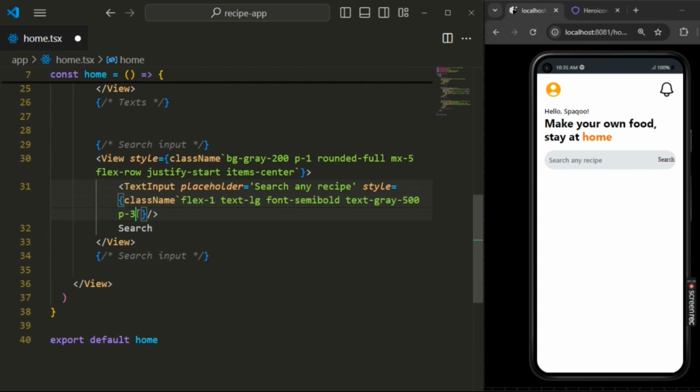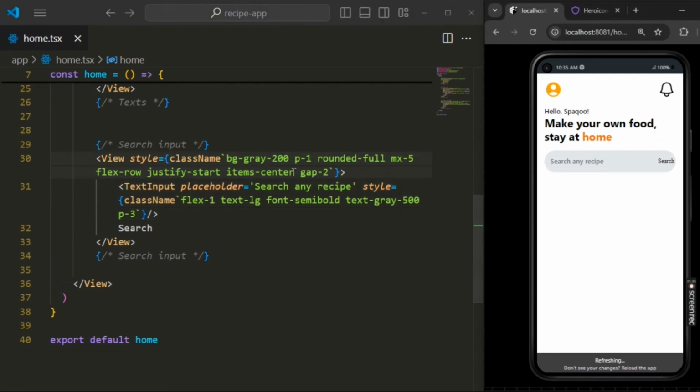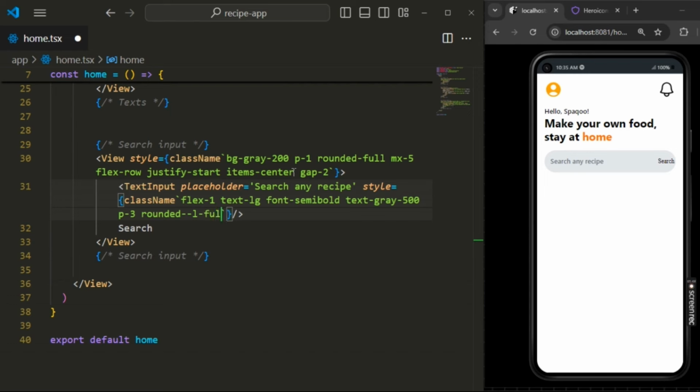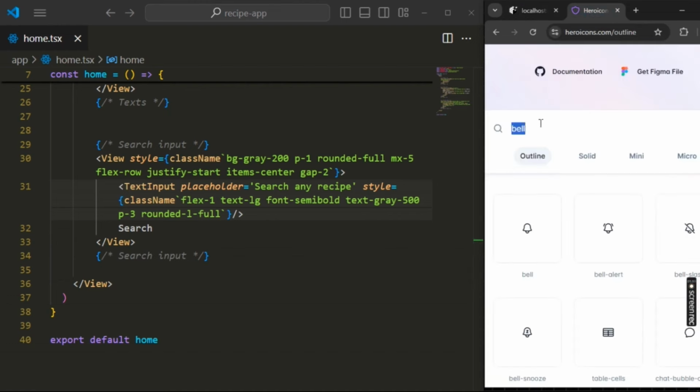so give some padding to increase our search input. Also we need a gap between our icon and the text input, and now we have to round the corner of our search, and rounded L full will round the left side of our text input fully, and also we have to